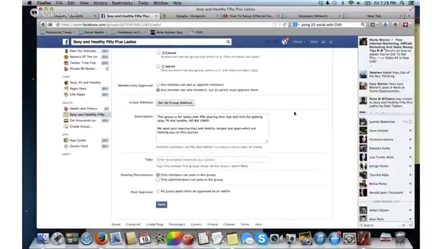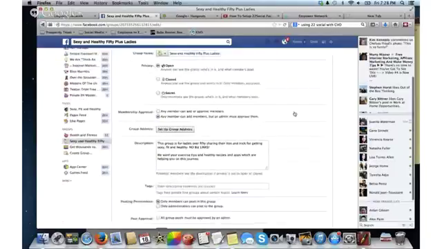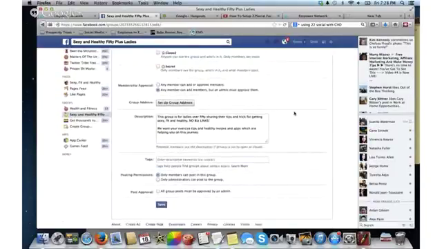Wait, no, wait. Go back. At the bottom, it says who can post in your group. You don't have to necessarily decide whether they can come in or not. If you want to approve, everybody can. But at the bottom, what Linda was